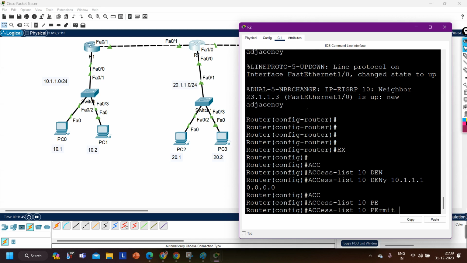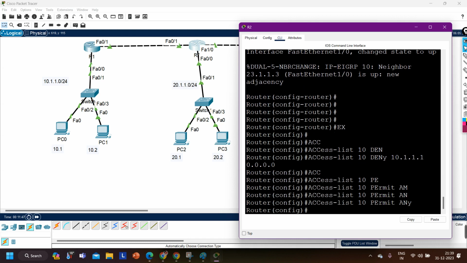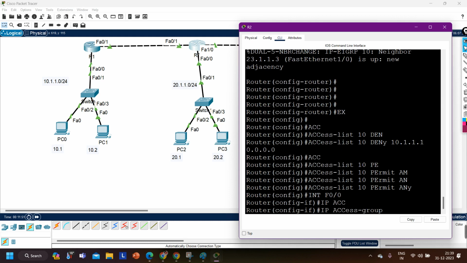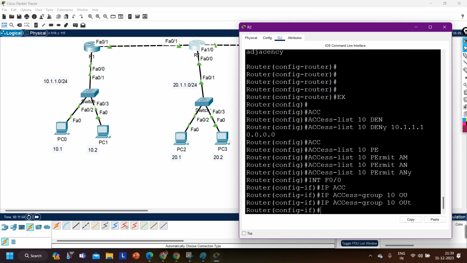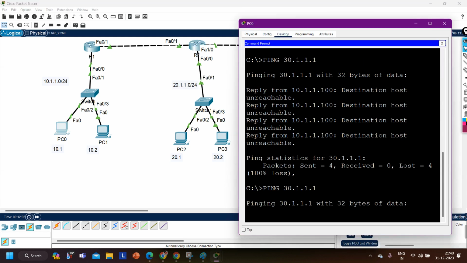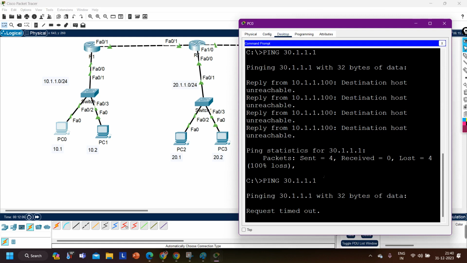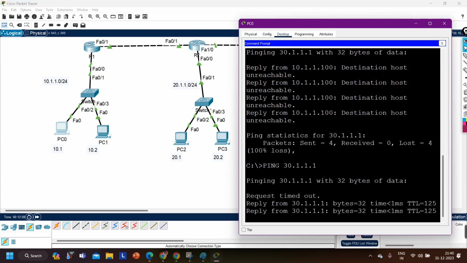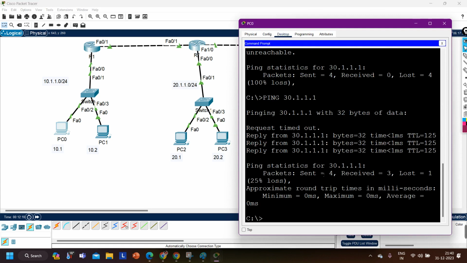Access-list 10 permit any, the rest of the traffic should be permitted, and interface f0/0, ip access-group number 10 and direction out. Here I have applied this access control list in the out direction on FastEthernet 0/0. Again from PC1 I am going to ping 30. Ping is working,